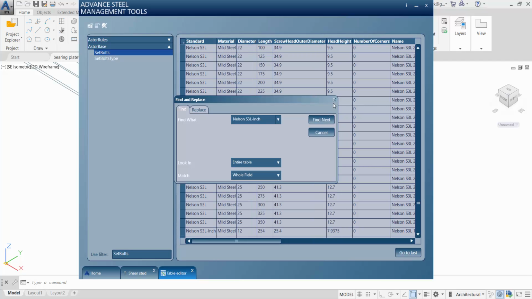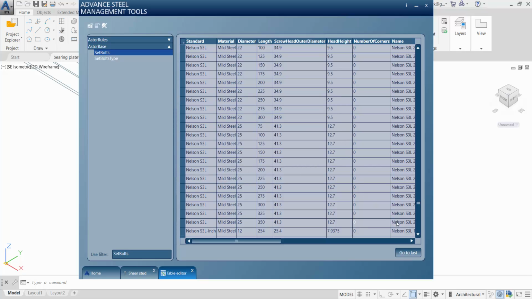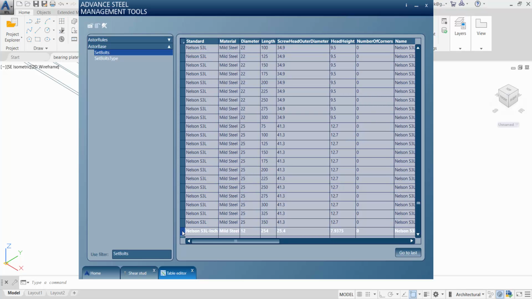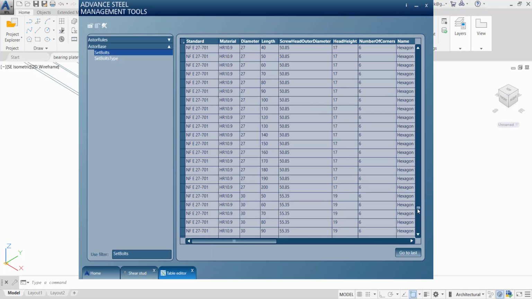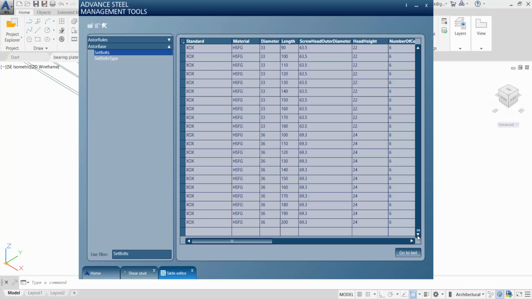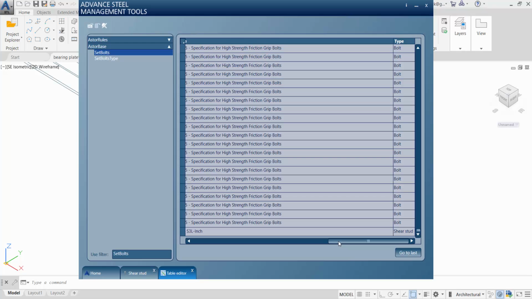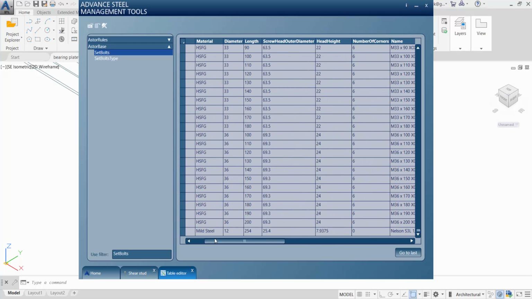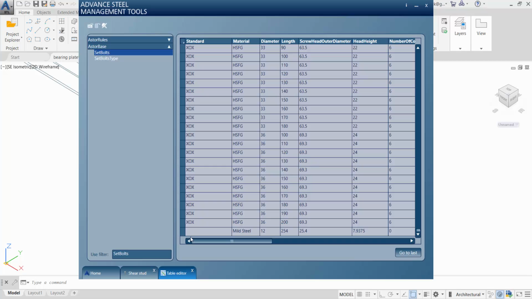So what I want to do is copy a row that best describes what I want in terms of a 1/2 inch diameter. So this looks okay. I'm just going to select the little field to the left, right click, and select copy. Scroll down to the end, right click, and select paste. It's going to jump to the end, so use the slider to slide back, and in the standard name you're going to input